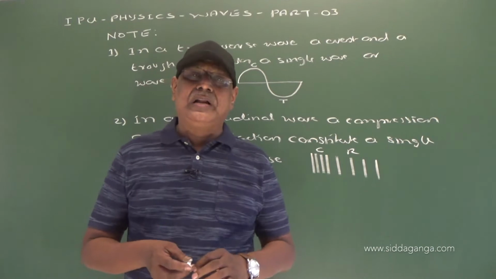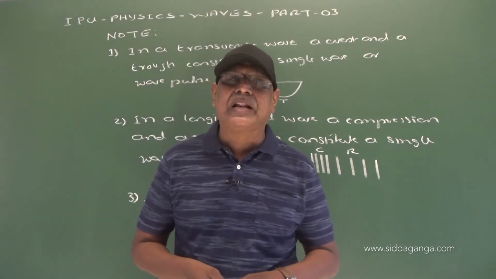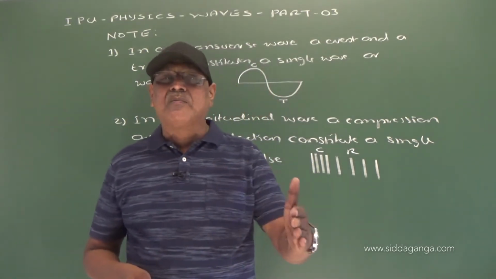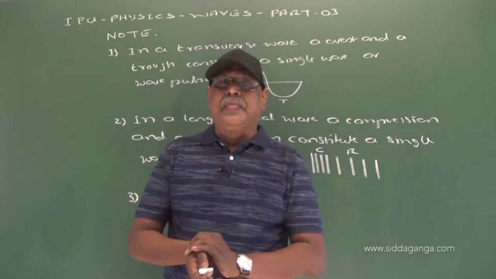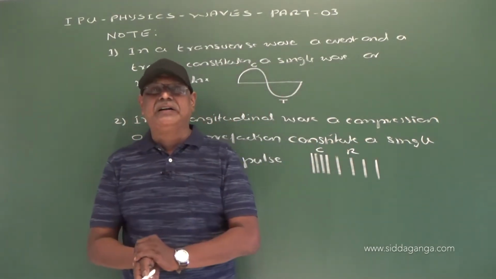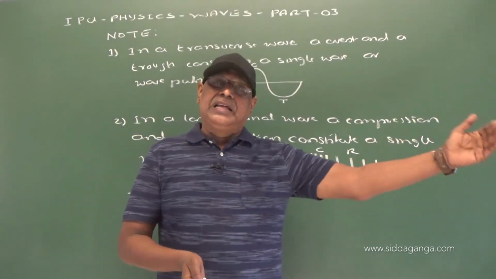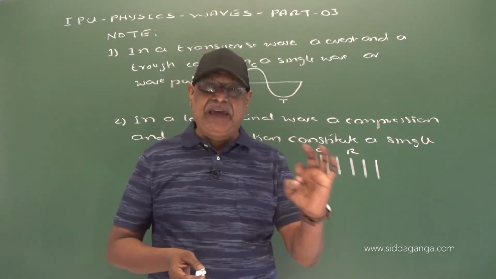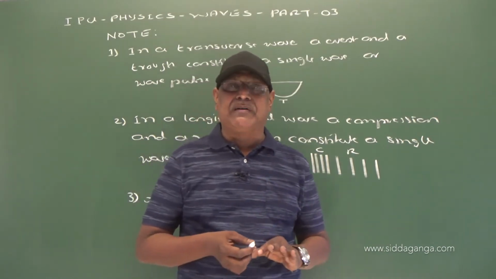Now, oscillational motion, which can be expressed in terms of cosine function or sine function, right, are called simple harmonic motions. Here, a wave motion, that means a motion of disturbance from one point to another point of the medium